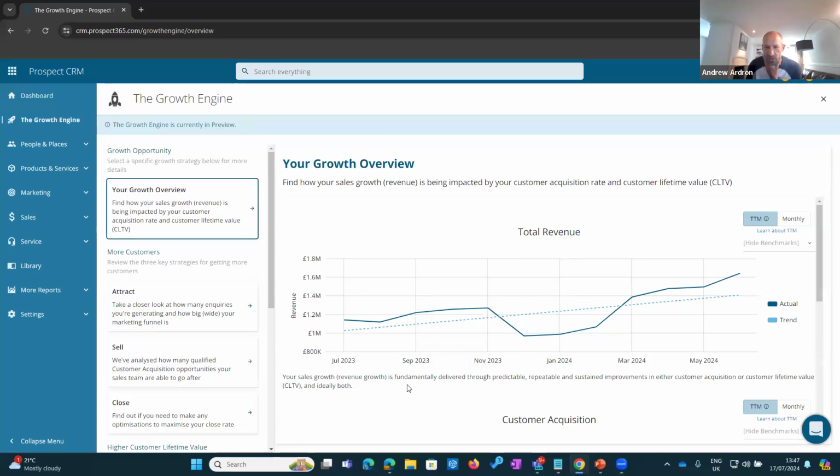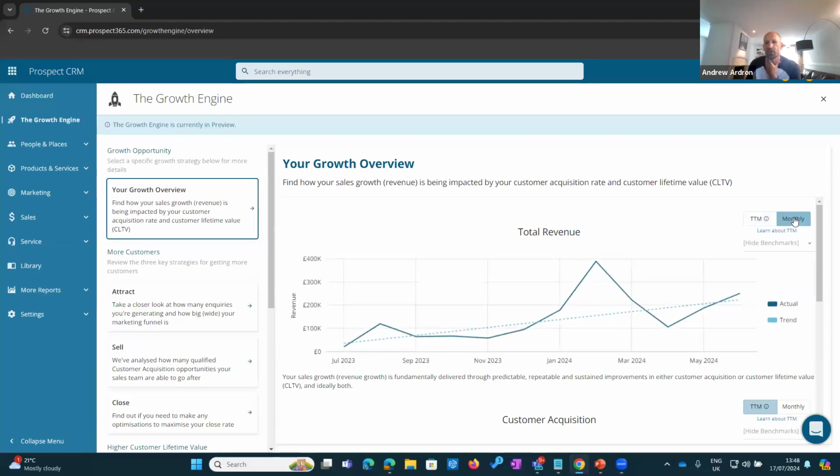Before I show you some of the other charts, one of the other things I'll highlight is that all of this is using trailing 12 months data. And you can see the toggle here that shows me that it's currently using trailing 12 months. And if I highlight that, it gives you a little brief explanation of what that means. I can switch it into monthly. The problem with monthly is that